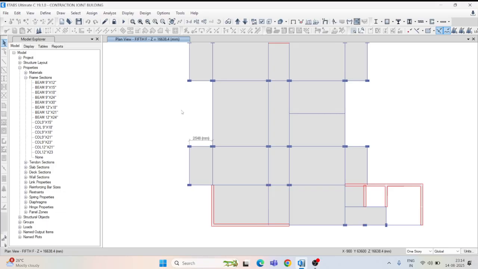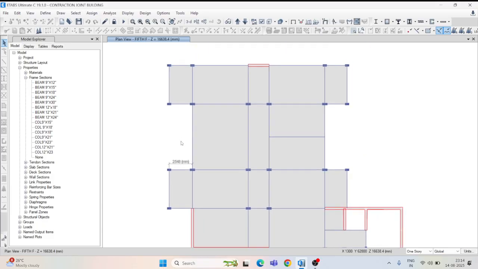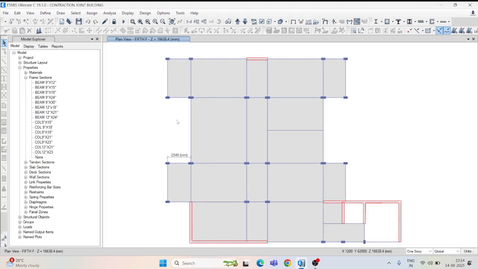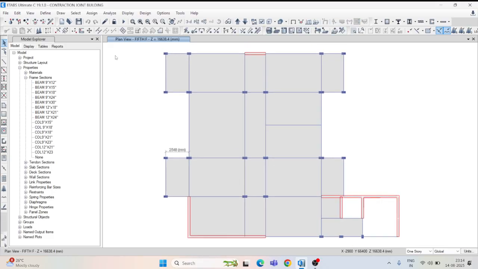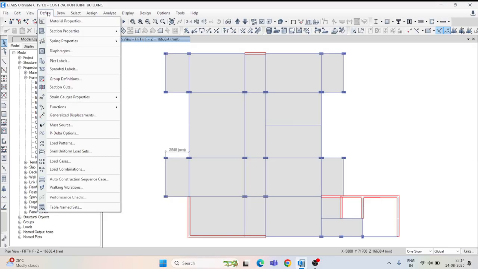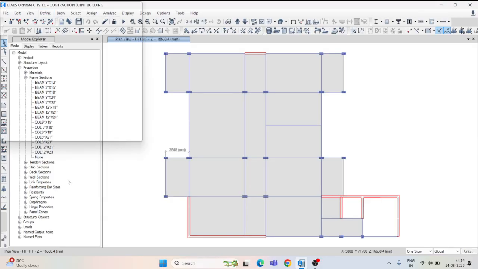Now how we'll check the creep analysis for the deflection. This is for the creep coefficients we have seen. Now creep analysis. Okay, so just undeform the structures. Now firstly you have to go to define, and here you have to go to the auto construction sequence case.